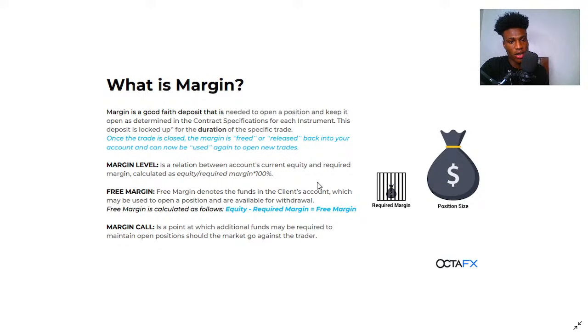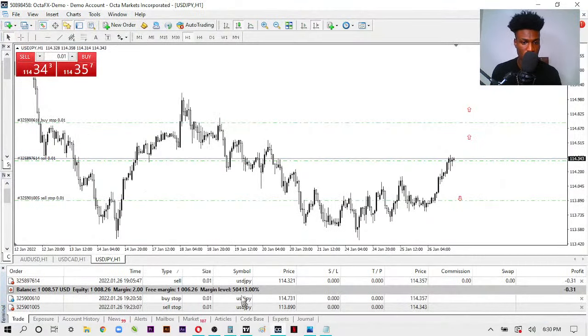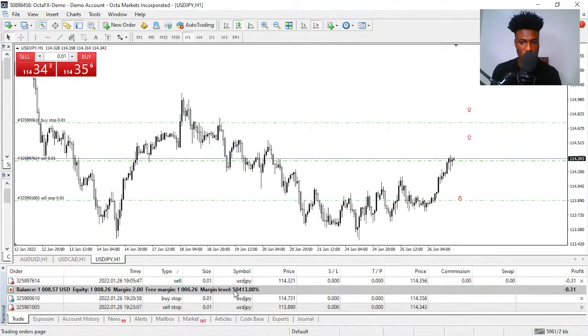Margin level is a relation between account's current equity and required margin. It's calculated as equity divided by required margin multiplied by 100. Now, the higher your margin level, the healthier your trading account. A low margin level has a negative impact on your account, so it's important that you pay attention to your margin level. So as you can see here, the margin level is